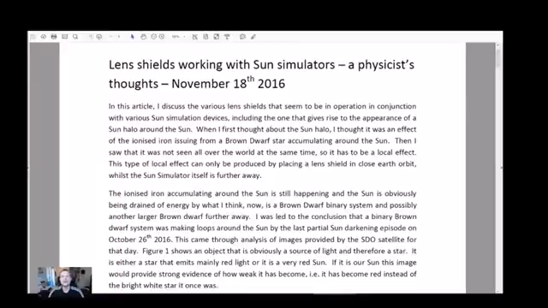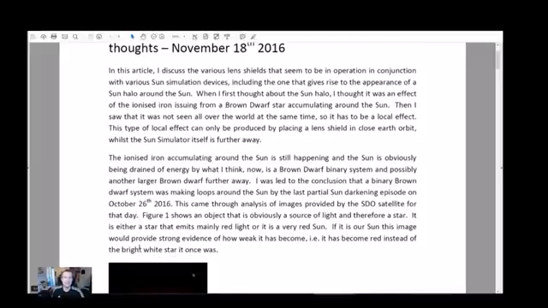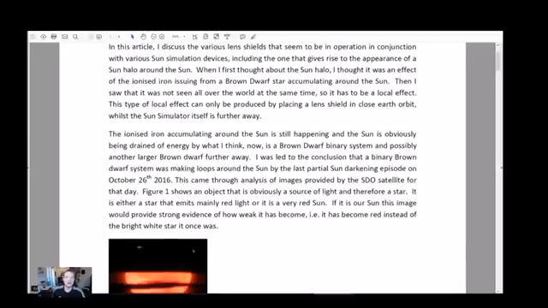Lens shield working with sun simulators. A Physicist thoughts, dated November 18th, 2016. Let's proceed. In this article, I discussed the various lens shields that seem to be in operation in conjunction with